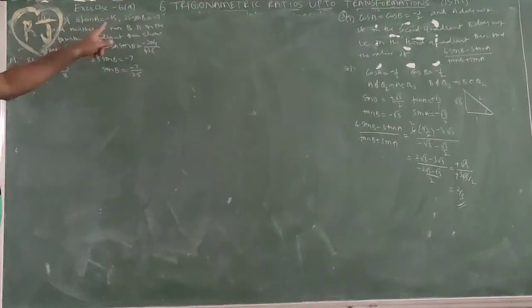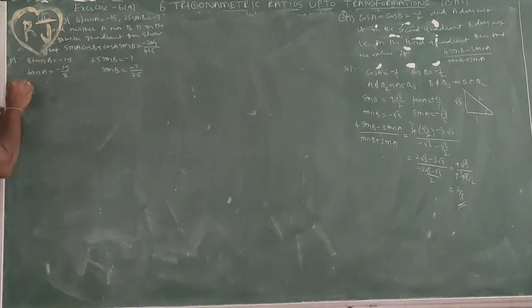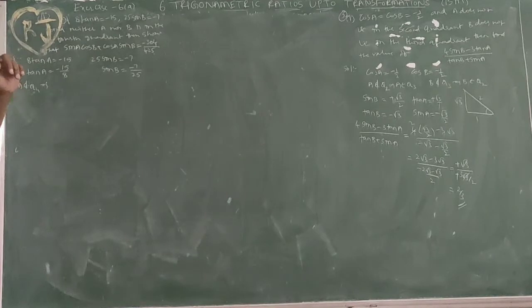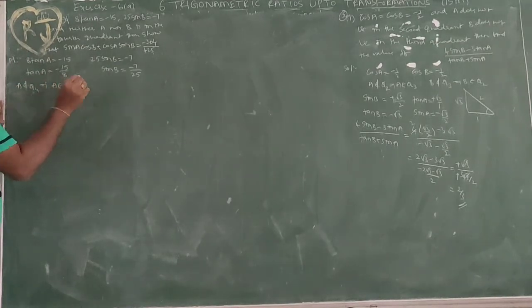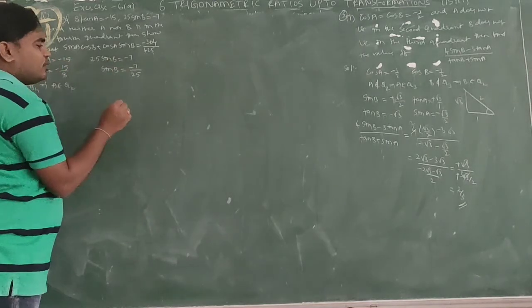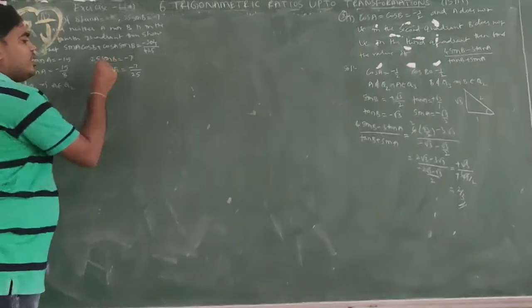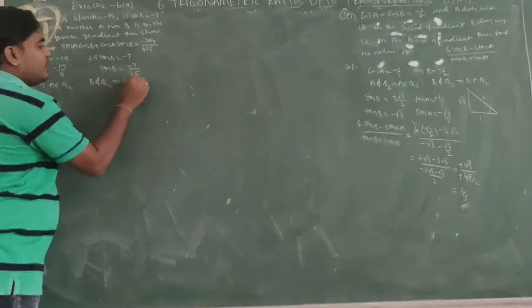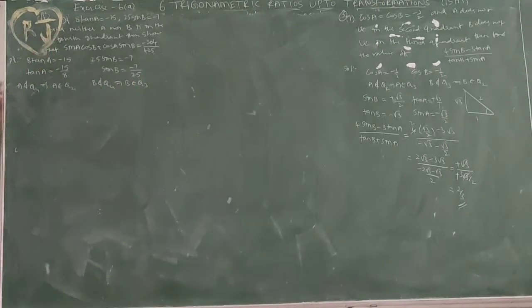Given that A and B are not in the fourth quadrant, A does not belong to Q4. Tan is negative either in the second or fourth, it is not in the fourth, so A belongs to Q2. Sin is negative either in third or fourth, B is not in fourth, so automatically B should be in the third quadrant.